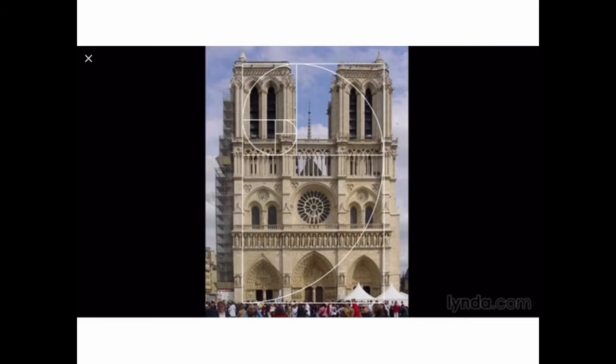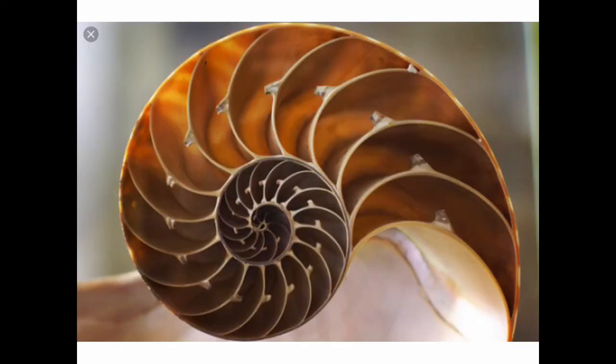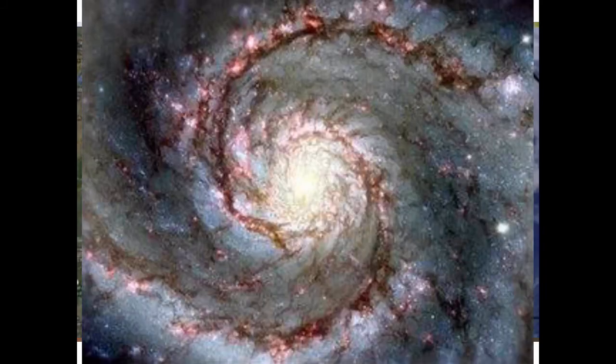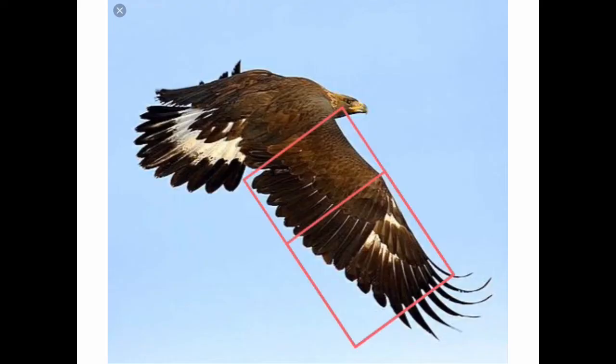So this is Notre Dame Cathedral in Paris, and you'll notice all of the golden rectangles. It starts, way down in here like this, and then that rectangle gets bigger, to this one, and then it goes to this one, and then to this one, and so on and so forth. And what you end up making is kind of this swirling pattern here, and you'll see that in a lot of different things as well, like the human ear, and seashells, or even a hurricane, and even the spiraling of the Milky Way galaxy. This diagram here just shows the golden ratio as a straight line, and here's an example